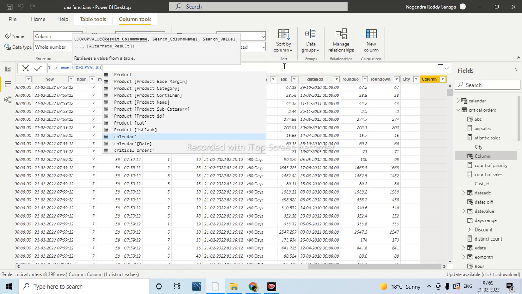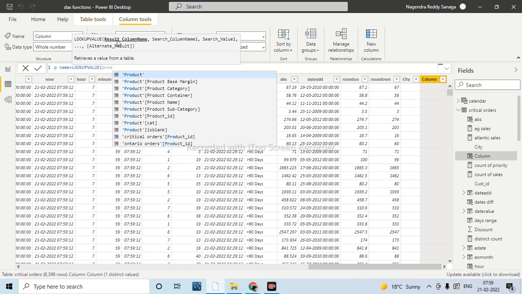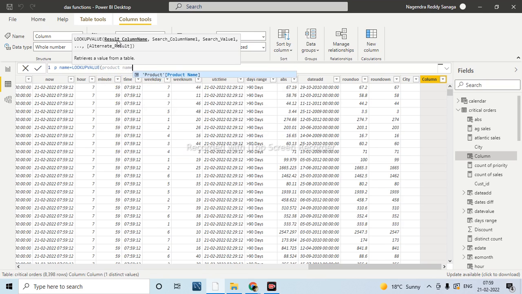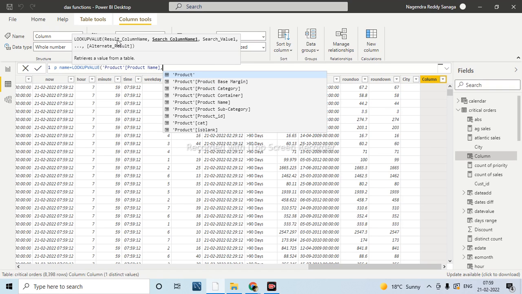See, it is first asking me the result column name, that means whatever information I want to get. Now my requirement is I want the product name from the products table. Now I want to search with the products table's product ID column.